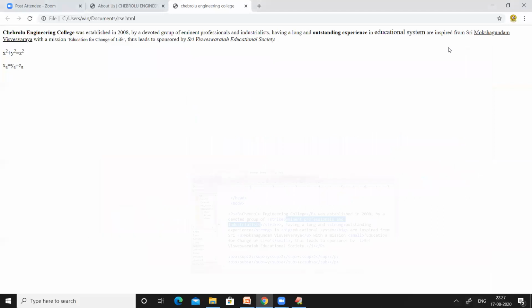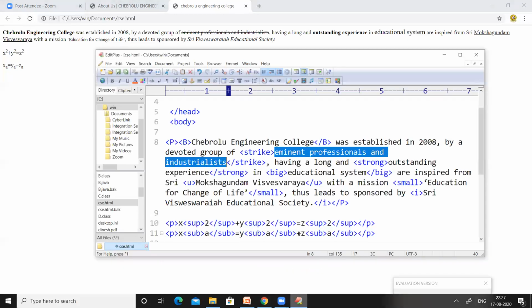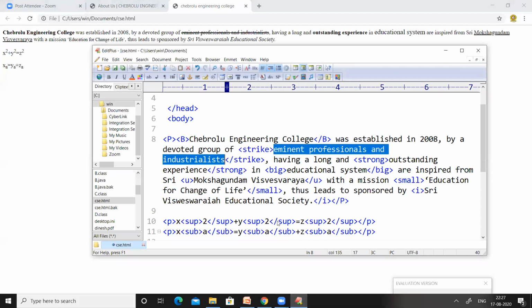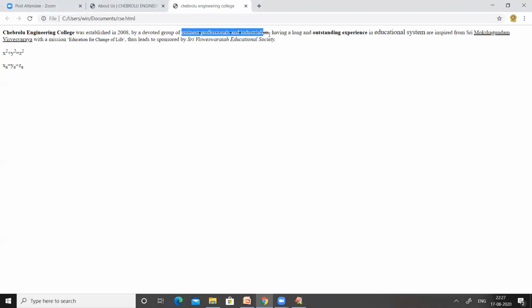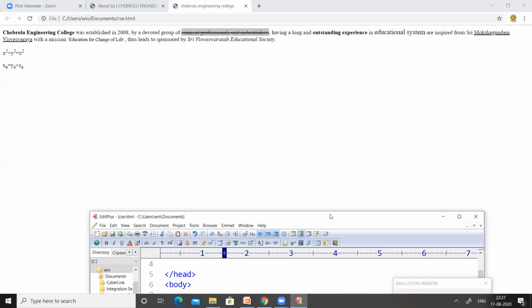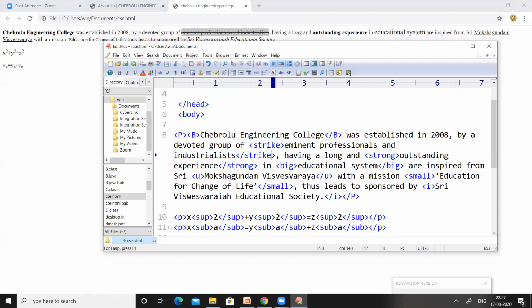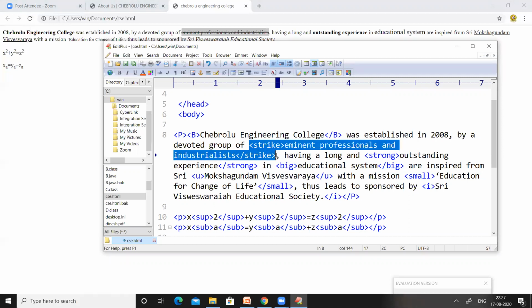So this is the previous output. Now just refresh the page so that you can see the new output. You can see there is some strike here on eminent professionals and industrialists. This is possible because we have used the strike tag.